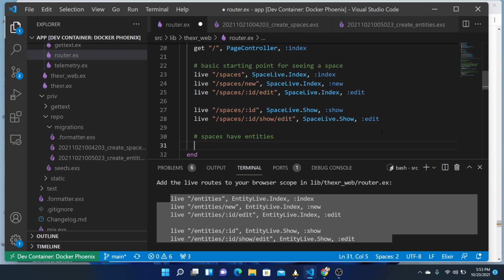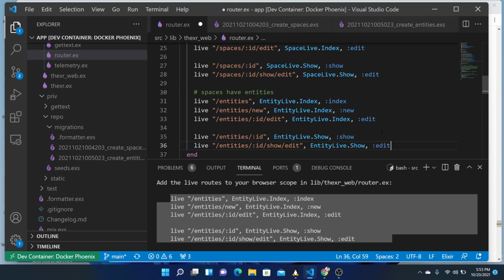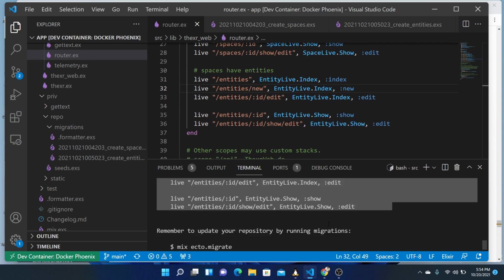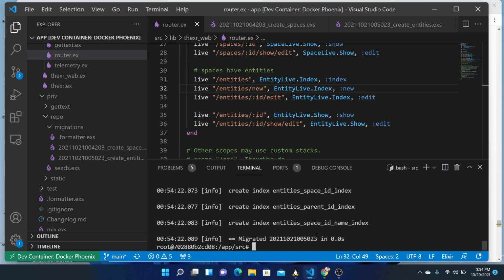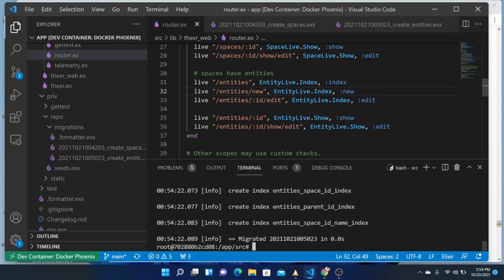Have entities. So if we try to create these entities, they will fail because the entity has to belong to a space. Go to migrate them. Okay. And let's go to